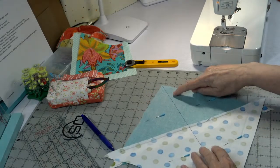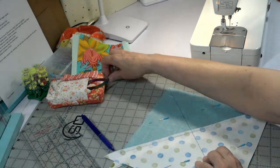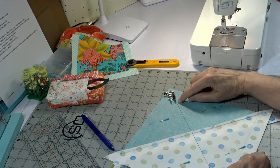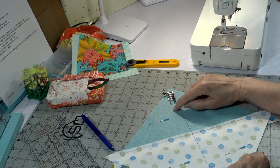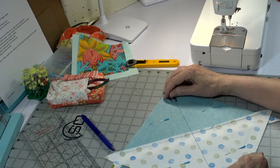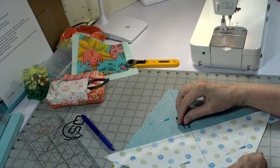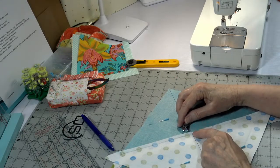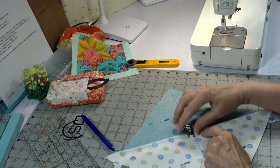So now we're going to do the exact same thing again. 1/4 inch foot with the guide. The guide is going to be on the line because we're going to sew a seam on either side of the line, about 1/4 inch on each side away from this line. So you're going to sew right down. When you get here, be careful that this doesn't flip up. Just take your time and make sure,